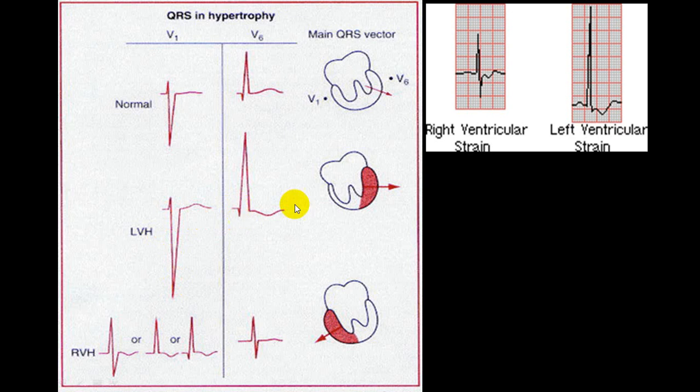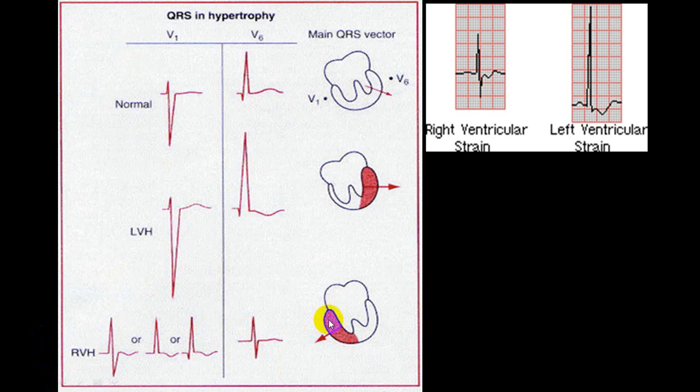And in case of a V6, this is corresponding to left side. So we'll get a very tall R wave. And there is hardly any S wave. So this is suggestive of an LVH. So S of V1 plus R of V5 or V6 more than 35 small squares is definitely in favor of LVH. Well, if you see here, this is corresponding.